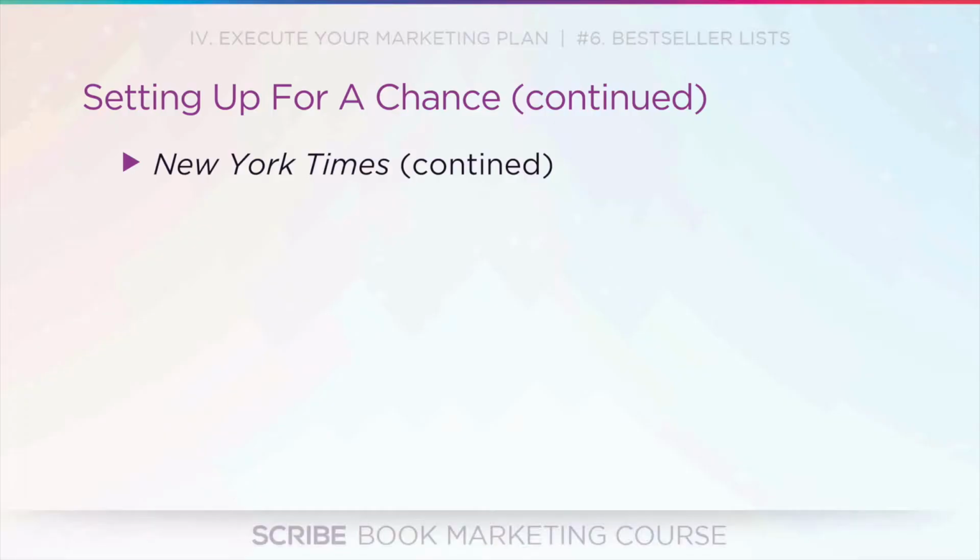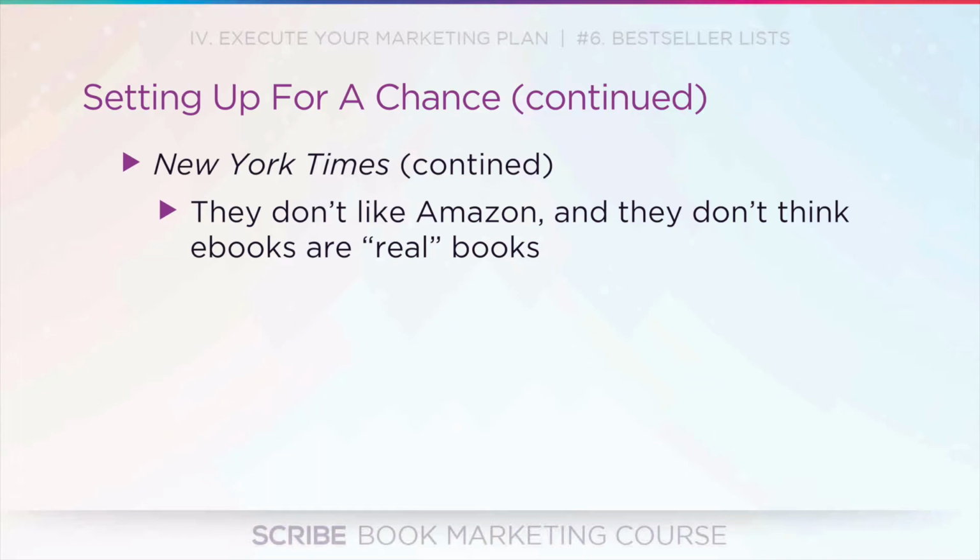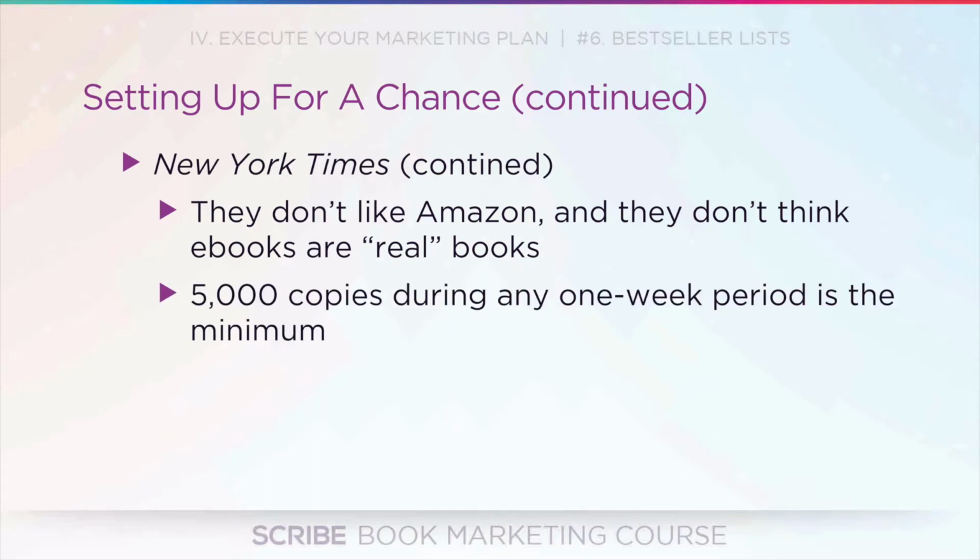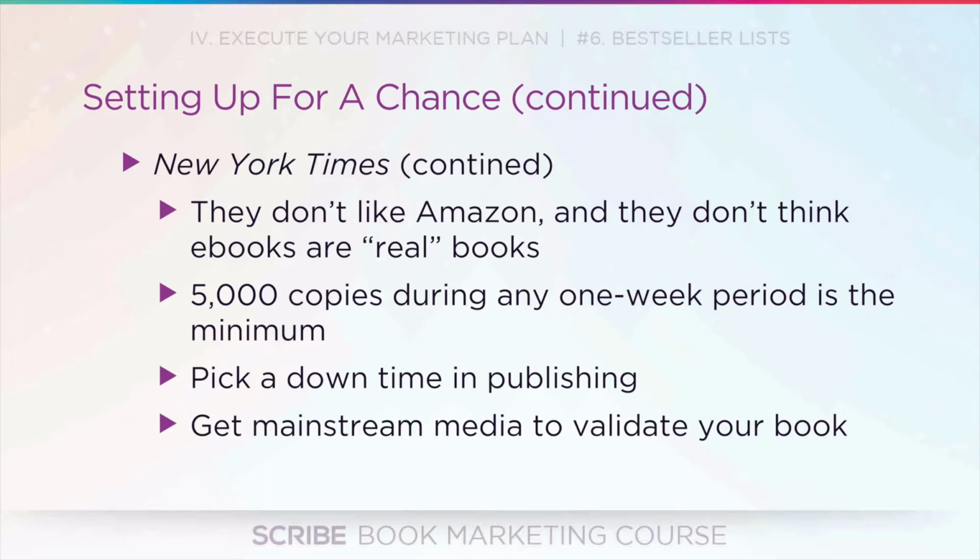So if you can write a book that the New York Times thinks is culturally important, and sell 2,000 or 3,000 copies, you've got a really good chance of hitting the list. But that probably means being in New York. It means being the type of writer that is in the New Yorker that those sort of cultural elites care about. Otherwise, you've got to sell a huge number of copies, and they have to sell in independent bookstores, and the New York Times has to think that your book is important enough to put on their list. I know, it's a pain in the ass, but it's true. In the resources, we detail some more of the specifics for the New York Times list. If you really, really want to go over those, you can read those in the resources.